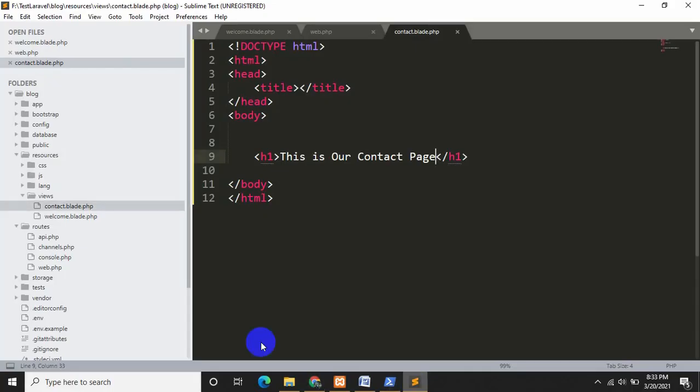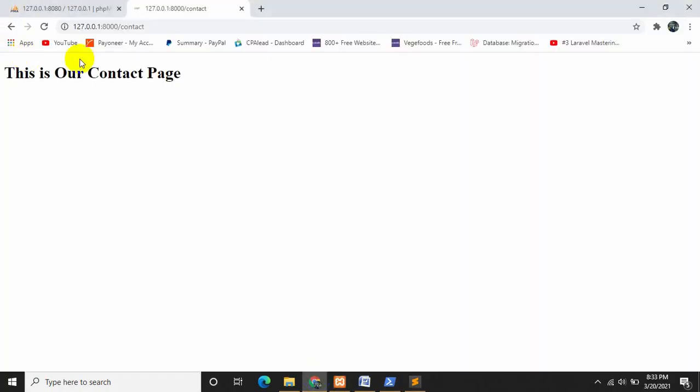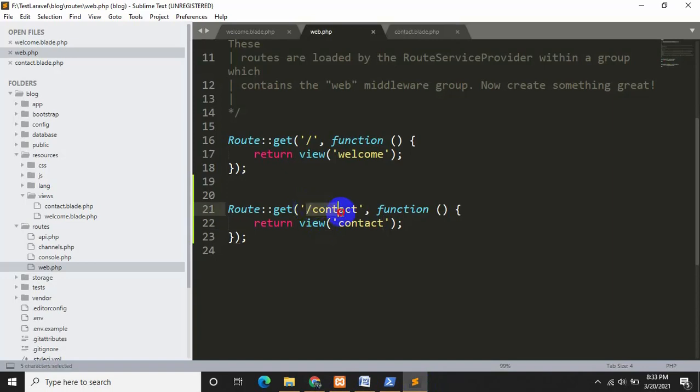Okay, so how it's working, I will explain it again. When you are writing contact over here, it means it's calling this route, and then our route is returning view to our contact.blade.php. Okay, now you might be wondering, then where is our controller, right? Basically our Laravel framework is MVC, model view controller, right? Now where is our controller?